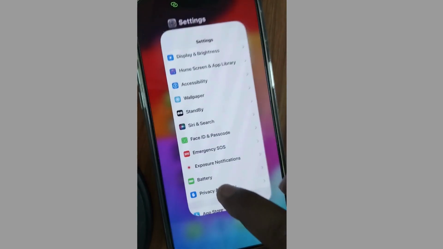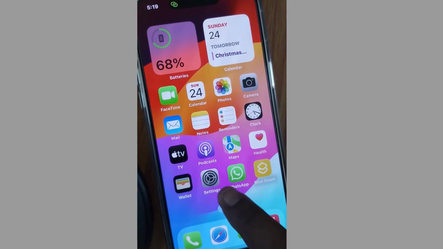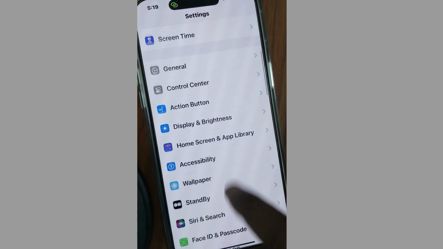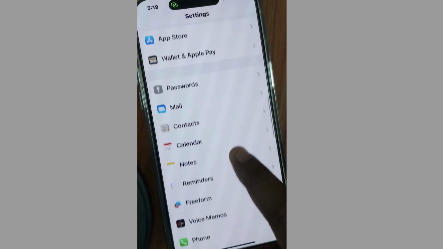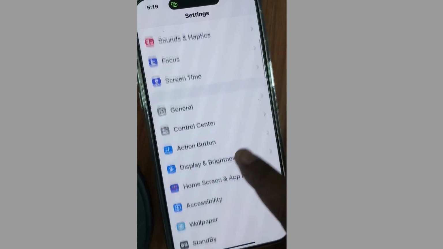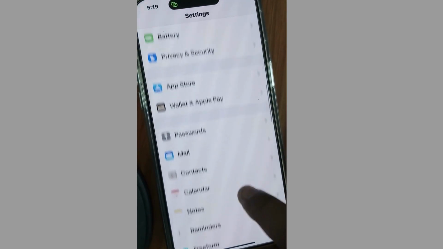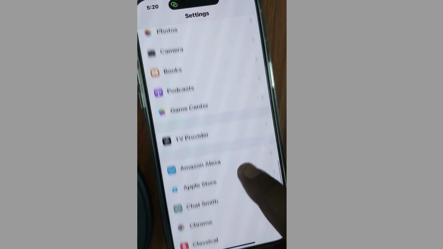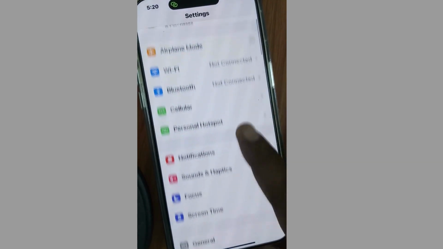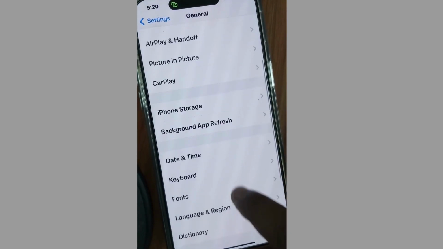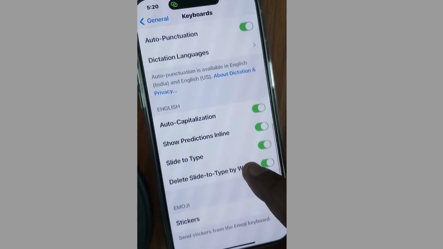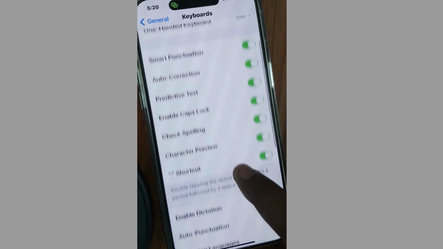Thereafter go back again, tap on settings, scroll down and look for keyboard, tap on general and here tap on keyboard, and here